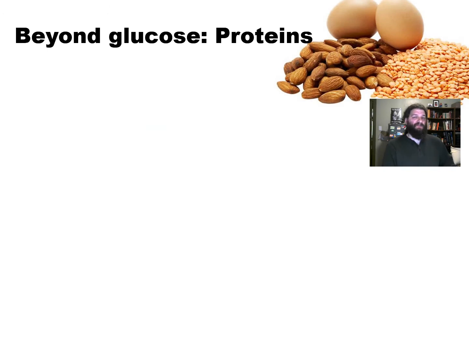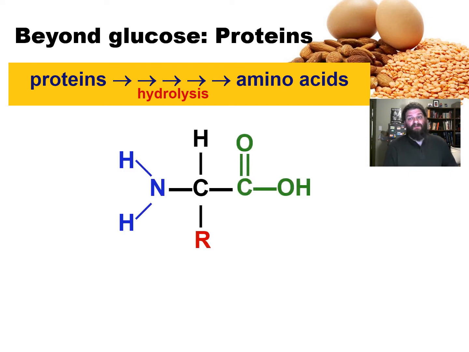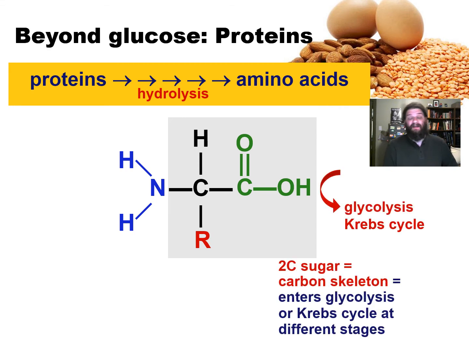Many new biochemistry students, when they're first learning about macronutrients like proteins, think of them as energy sources, and I think this is partially because of marketing of energy drinks, and a lot of weightlifters and powerlifters will drink protein shakes. And this is really to provide them with the raw materials to build more muscle, not as an energy source. But proteins can be used as an energy source. They have to be hydrolyzed down into individual amino acids, and then the individual amino acids have to be further processed, because this is the part of the amino acid that's going to be actually usable. And really what it is, is a 2-carbon sugar.